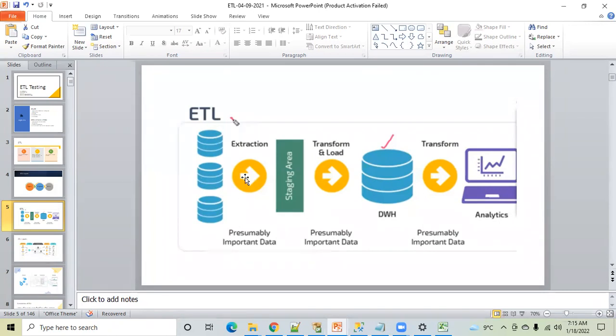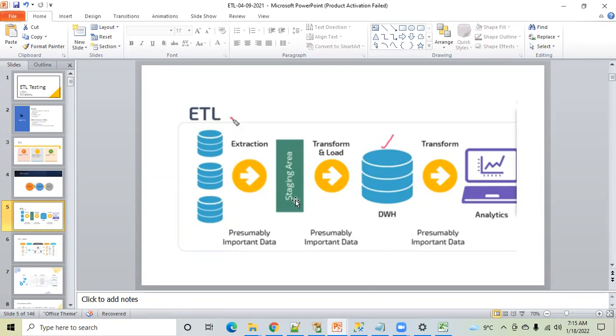Then after that, you should extract data from those sources. How you have to extract data, whether it will be on a daily basis, quarterly basis, monthly basis, or ad hoc basis, we will discuss all those things. I'm not going into detail right now. So the next step is you're going to extract data from all these sources. After extracting this data, you will load this data in a staging area.